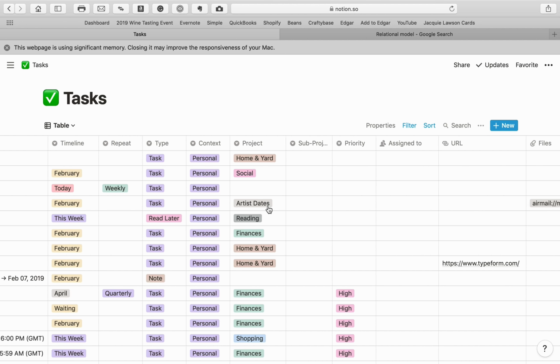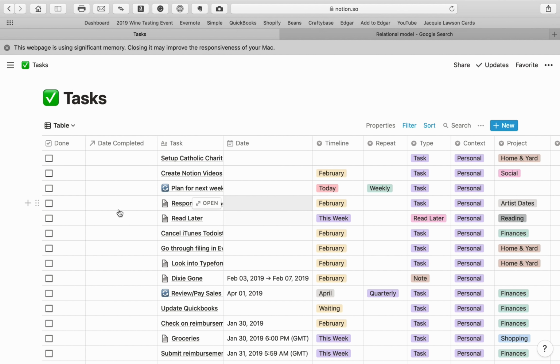So that's the task list. The only thing it's recording here are tasks. It's the date completed. This is the relation that I'm going to show you between my journal and the task list. It's its own separate column. It has nothing to do with the journal in this except connecting it to the journal. So when I say that a task is completed and I click there,